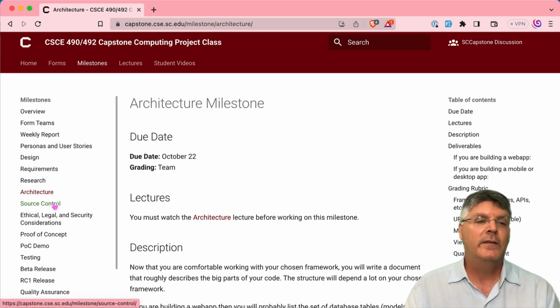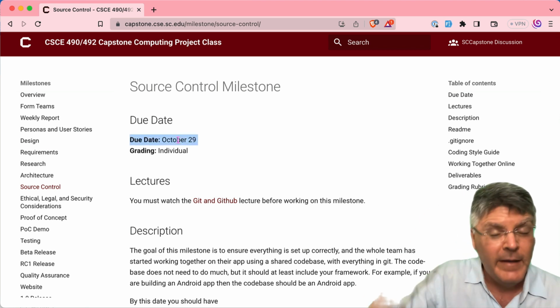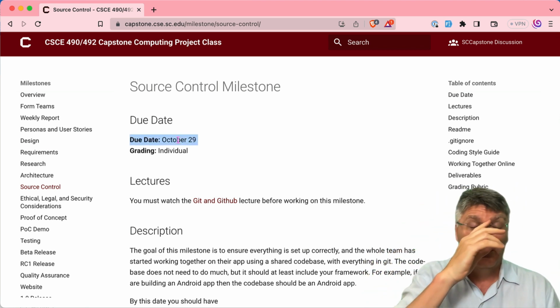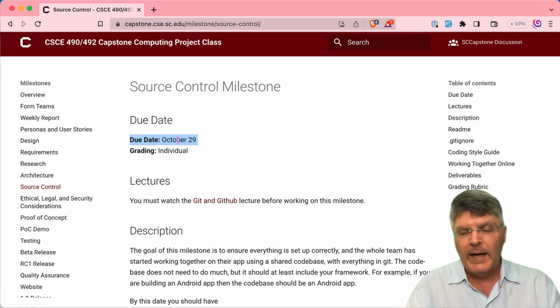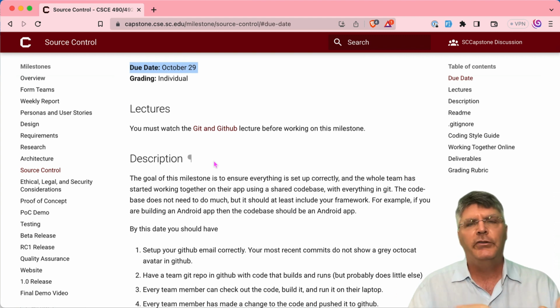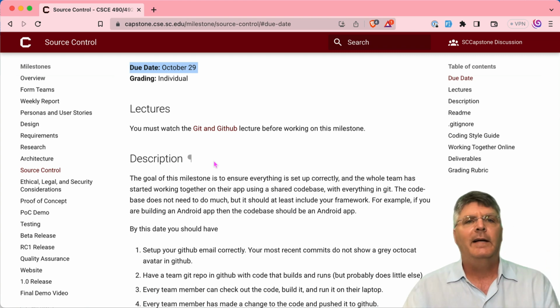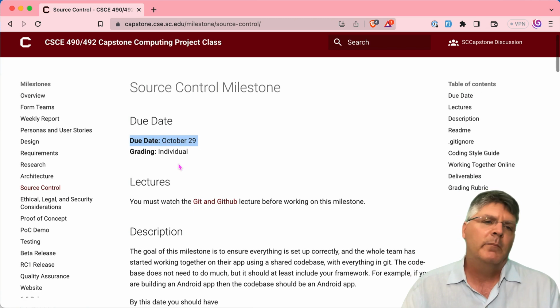Then we have the architecture milestone. You can read about that, and the source control milestone. This is due October 29th, and this is the point where you start working together in a code base in your repo. So that's the goal of this milestone: that you put your shared code, which is going to be an app, in there. Again, it doesn't have to do much at this point, but everybody has committed and pushed, and you're all working together in the repo in GitHub. And from then on, that's what you're going to be doing. So you have October 29th, and then November and December,